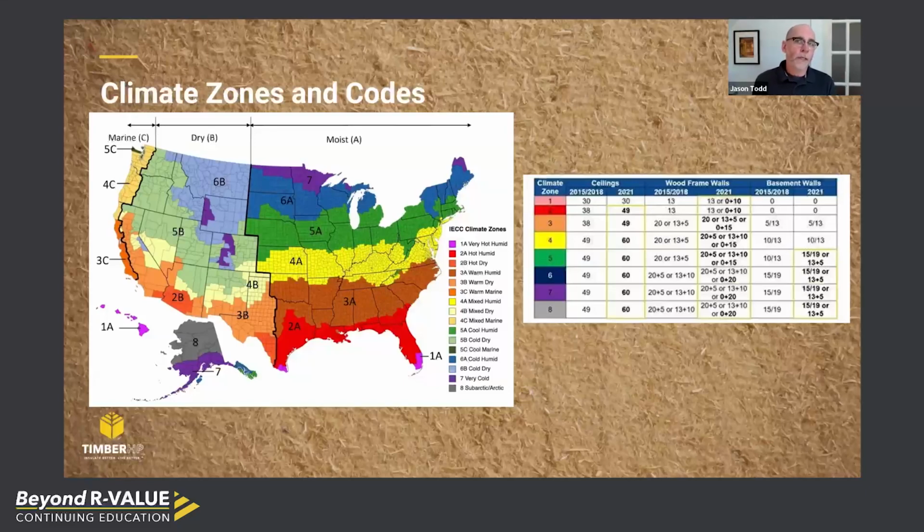And we're starting a second round of research with Oak Ridge National Lab on this. We're also looking at this with the DOE and the University of Maine in a wood structural insulated panel system using wood fiber. But that concept is you're going to slow down gains long enough to delay them to a point where cooler air comes in, and it then allows that heat to either reverse course because it's cooling out, and now the roof and the insulation on top of it is starting to shed some of that heat to